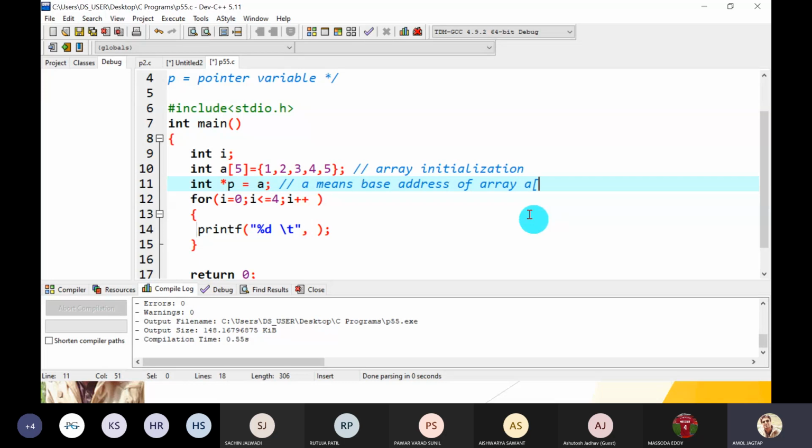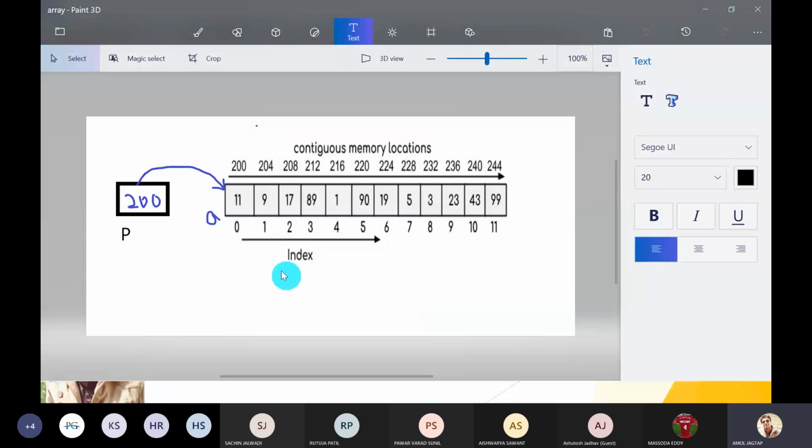What is the base address of the array? It is the address of A of 0. So the address of A of 0 is similar to writing just A. We have always used this notation. So A stores the base address into the pointer type variable. I will show you graphically. This is the array, whatever it may be, it is A, and this is the pointer type variable. This pointer variable stores the base address of A.